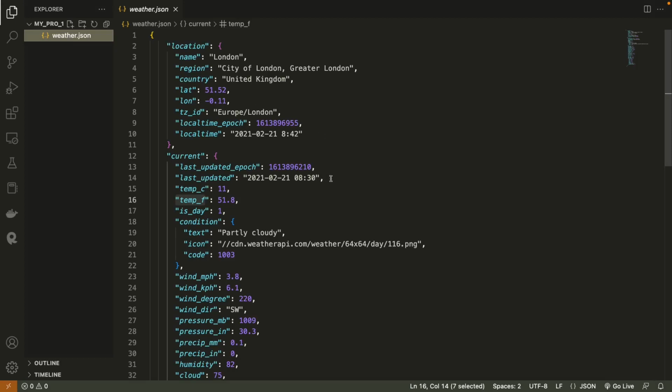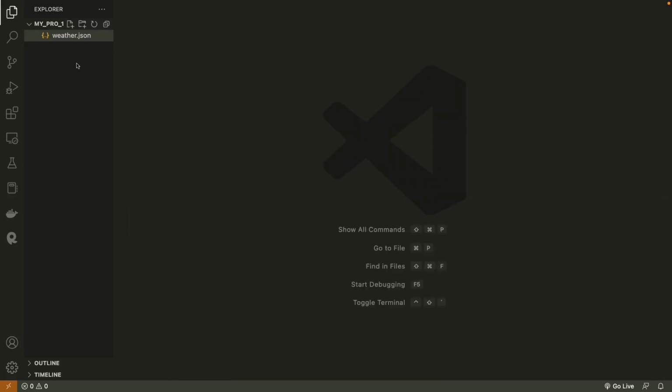So these are some data related to weather, wind speed, temperature, wind direction, pressure, and so on, based on location, in this case London, and some current weather information as well. So we'll read this data using the Python programming language. Let me close this file and I'll quickly create a Python file. I'll call it app.py,